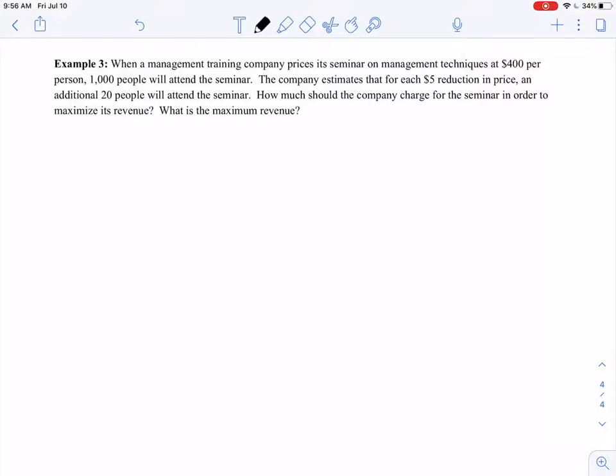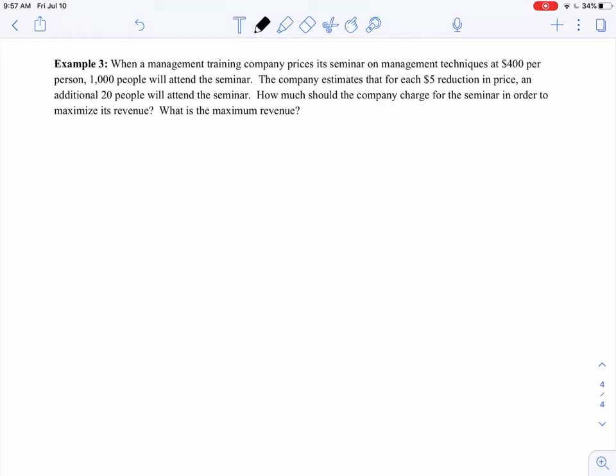Here we'll look at one last example. It says when a management training company prices its seminar on management techniques at $400 per person, 1,000 people will attend the seminar. The company estimates that for each $5 reduction in price, an additional 20 people will attend the